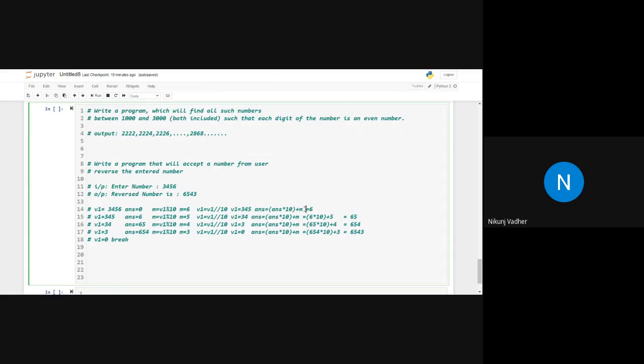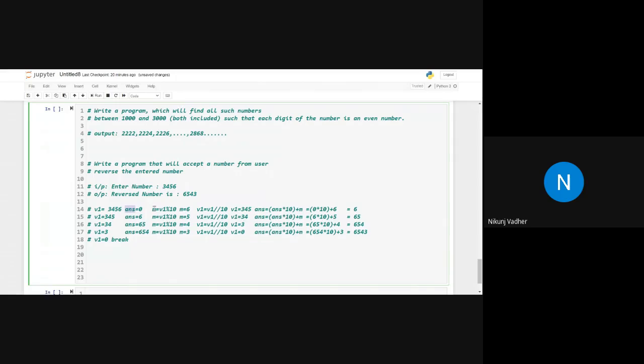Now let me write 0 into 10 to make it align. Okay, now let's say whatever value the user has entered, we have stored it into V1. We will take one variable, answer equals to 0.